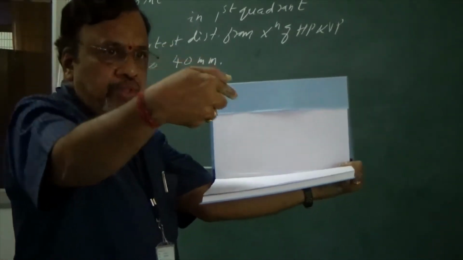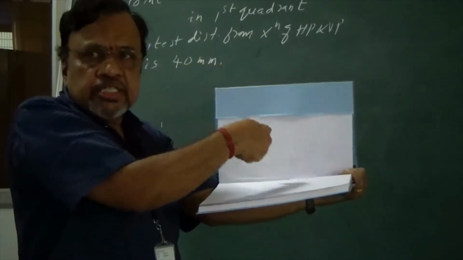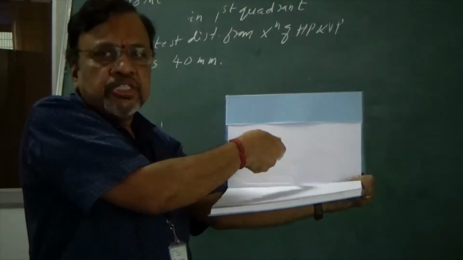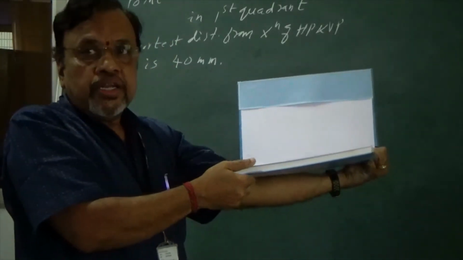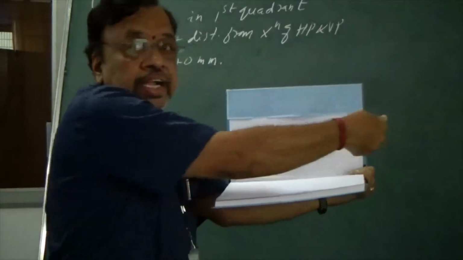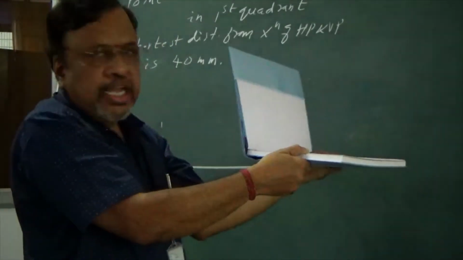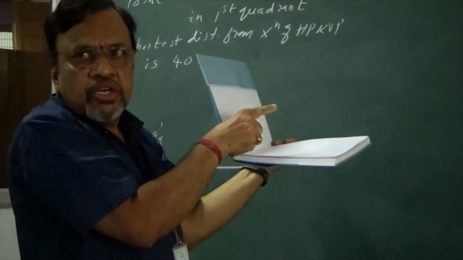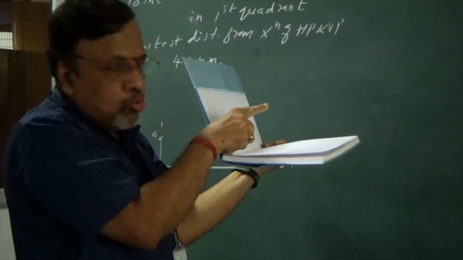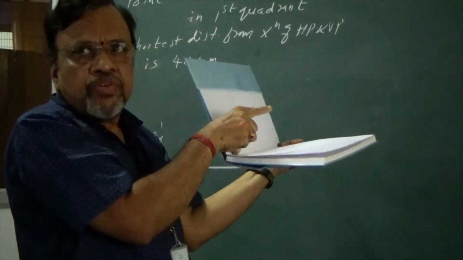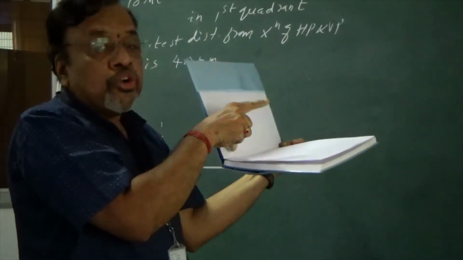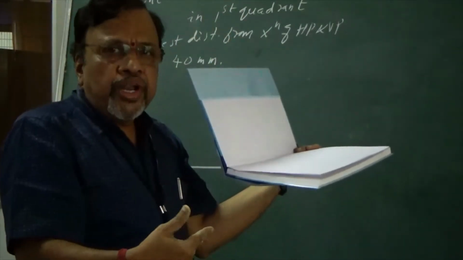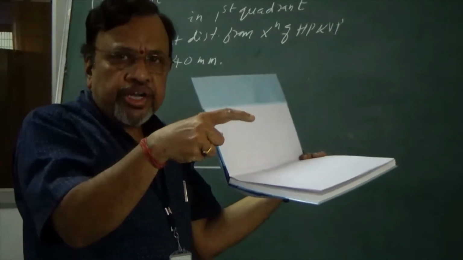But if I look from the front, I cannot see the shortest distance because it will not be the true distance. So if I want to get the shortest distance, where do I view this object? I have to view the object from the side. Let's say this is the side, and I have just rotated it for your convenience. If I rotate, I can see the shortest distance, which is given as 40 mm. That means I need to draw the side view also. Only if I draw the side view can I visualize that shortest distance.